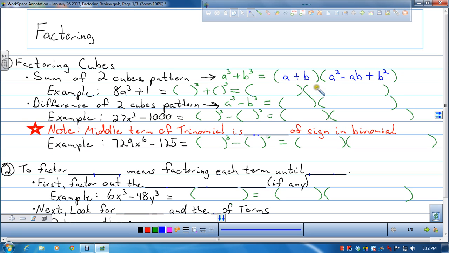Okay, so it's a fairly easy pattern to remember. It's what you cubed here plus what you cubed here. Then you square that term, you subtract the product of those two terms, and then you add the square of your second term here. So, an example here,